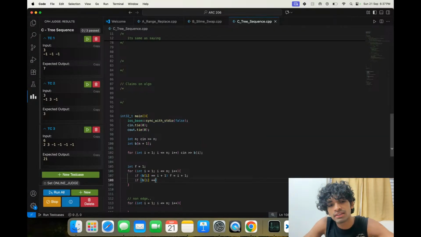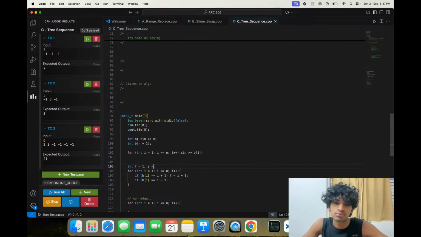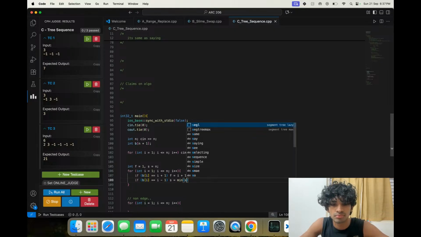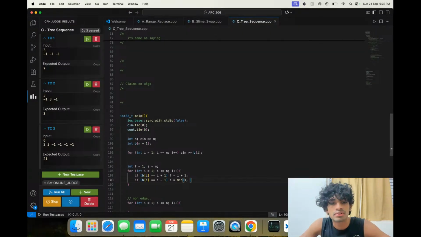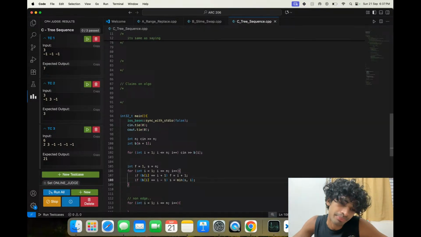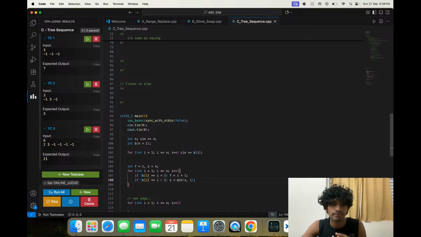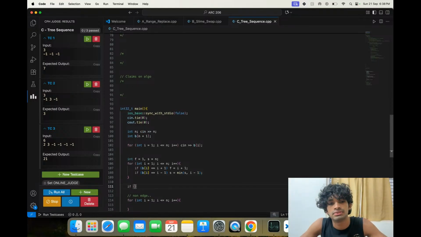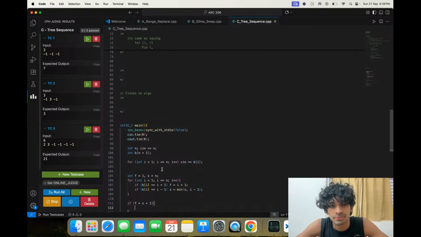If b of i equals i minus 1, okay, if f greater than s plus 1 means you have a forward edge here, but then this is f, and then you have s here.